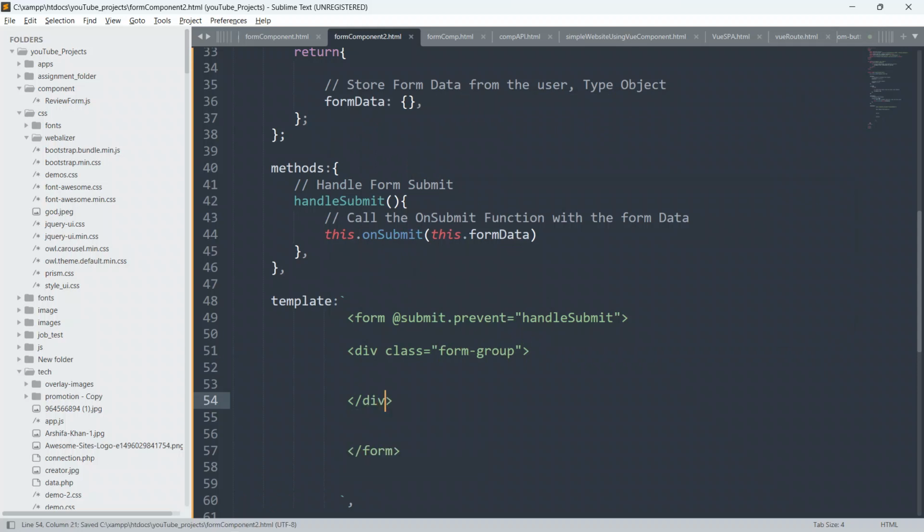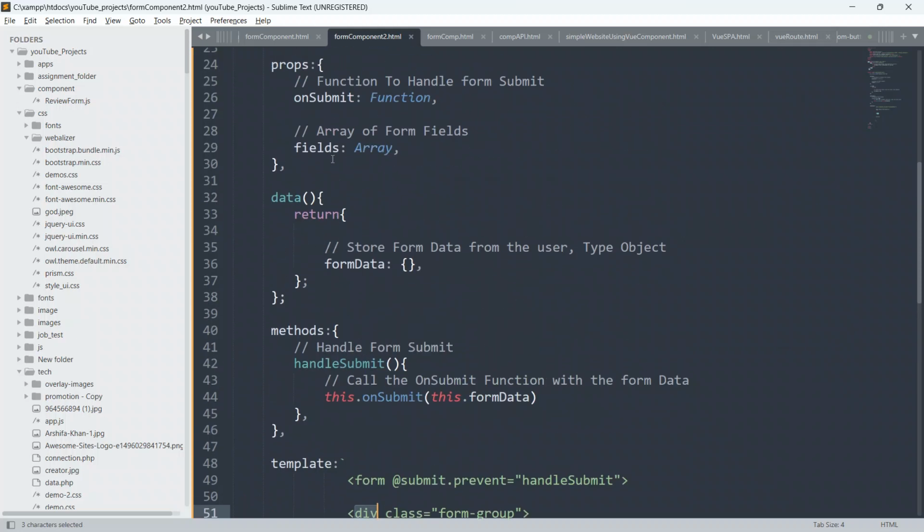Now we have to use the v-for directive to loop through everything inside the form. Inside this div we will use the v-for directive to loop through the fields array. As you all know, it is very easy to loop through an array in Vue.js by using the v-for directive, which works exactly like a for loop or forEach loop in JavaScript.